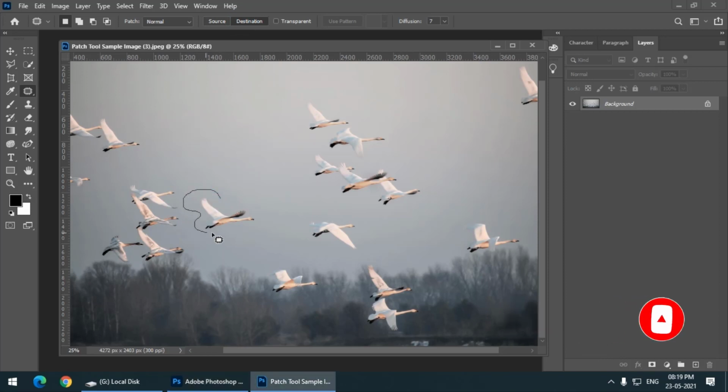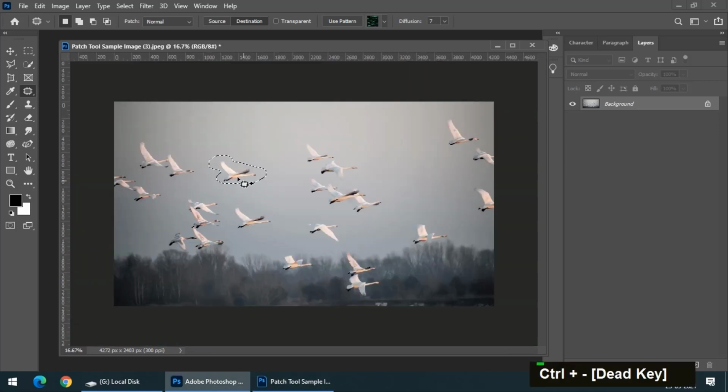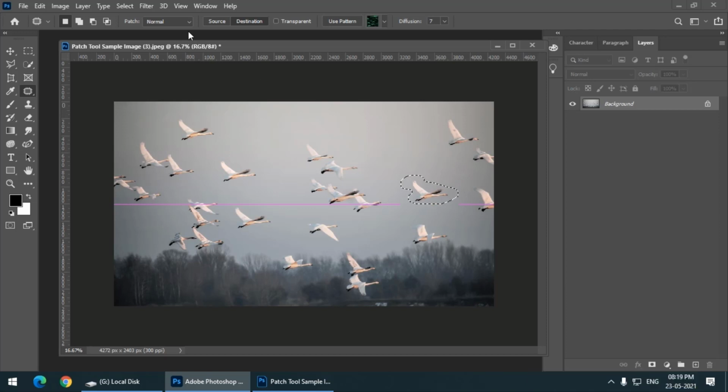I'll do a similar thing. I will select this area of the bird, but now I don't want to remove these pixels. Instead I want to copy those pixels. So what do I have to do? Destination I have already selected. Simply drag and drop. So this will create a copy like this. If you want to multiply any objects, then we can use this option, which is destination, like this, and it blends pretty well actually in the background.